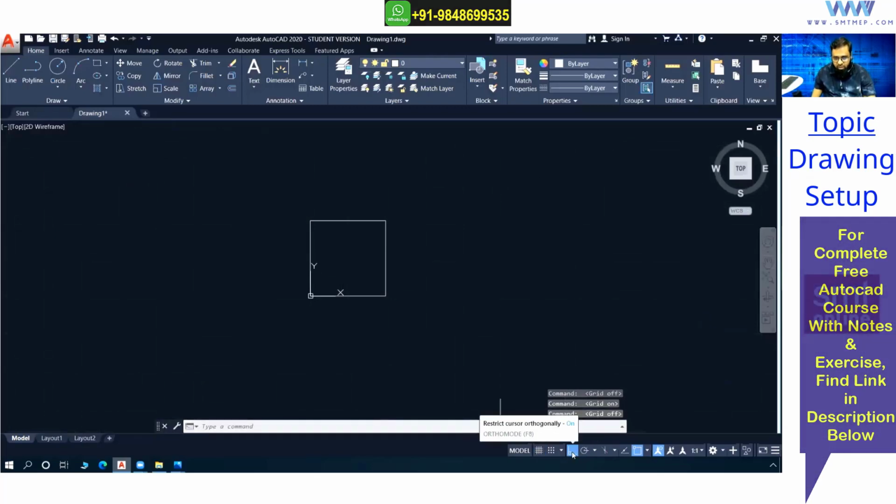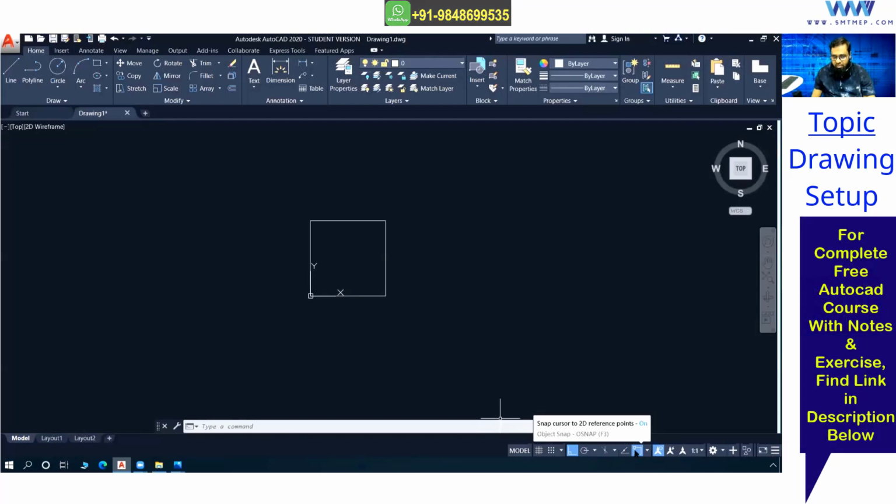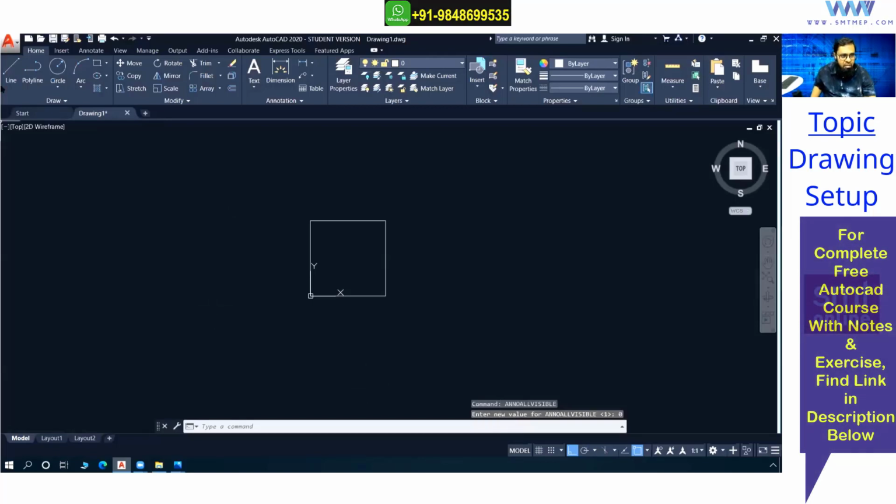But I make sure that ortho is on, and here you see object snap tracking, F3. Sorry, my mistake. F3 is here. Object snap. This also I'm going to switch on, because this is also very useful. We have a separate topic for this F3 or snap, object snap settings, where we get reference points like endpoint, midpoint, etc. Don't worry, I'll give you all this in detail. I'm just giving the idea. You see, as per my requirement, I switch off these two options,